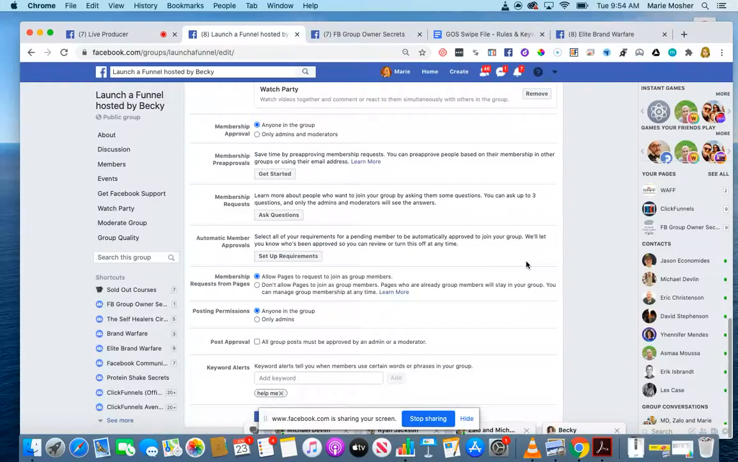All right. So a few other things that you want to make sure too. We didn't get to these yesterday. You really don't want to allow pages to join your group. So you're going to go ahead and change that. With all the different types of groups that I've run, we just find that there's really no value from people joining as pages, because